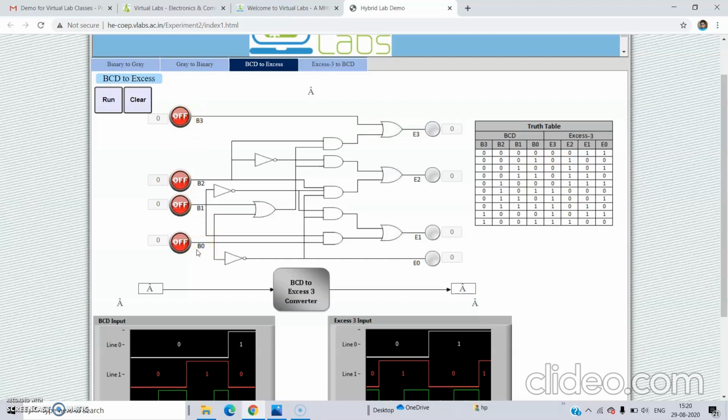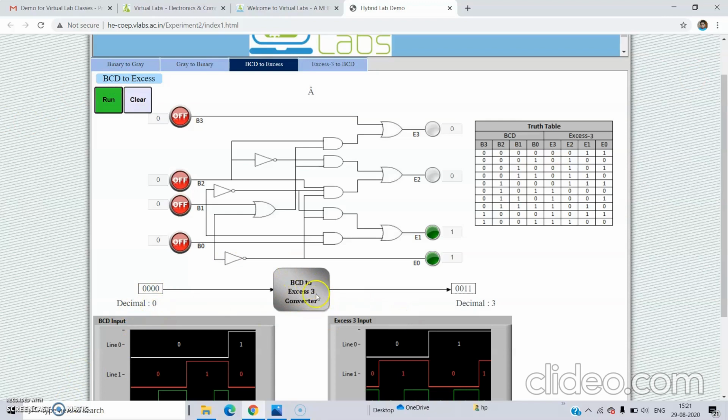The 4 digits of BCD are 0, that is the value is 0000 now. Now click on run. Then you will get this is your BCD number 0000 and the corresponding decimal is 0.